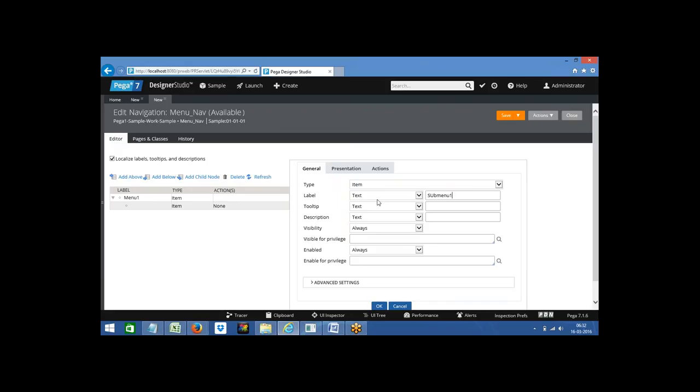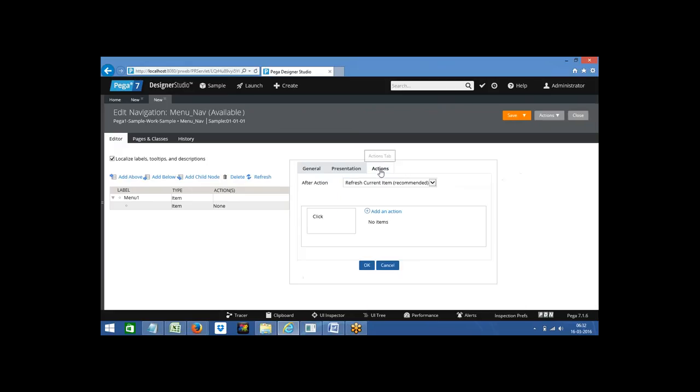After giving the label, generally we need to set the actions, which page you want to display. That page we have to configure from the actions tab. In your applications, the event will be set by default, because for all the menus and submenus, click is the default action. And under add an action,